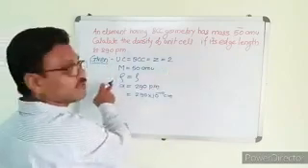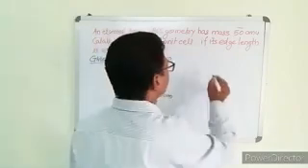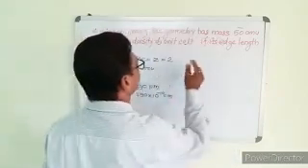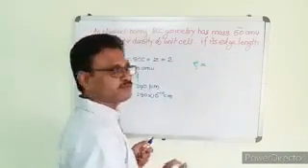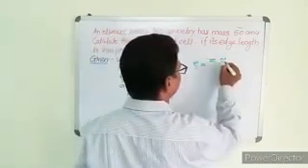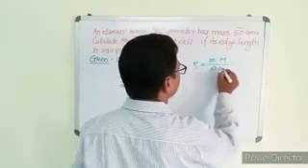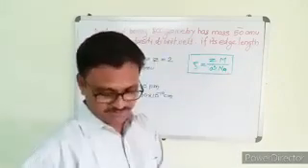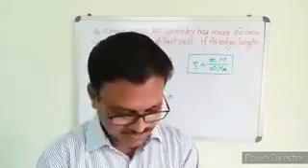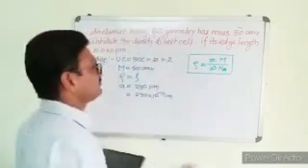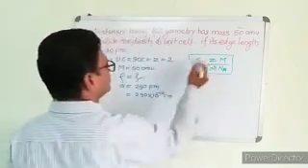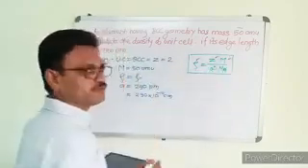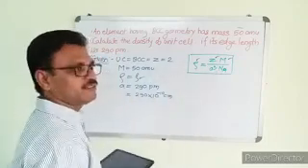And what we have to calculate? Density. We know the formula for calculation of the density. The formula of density, rho is equal to Z into M upon A cube into Na. This is Avogadro number. This is the formula. In this formula, Z we know, M we know, A cube we know, the value of A is there, and Avogadro number.